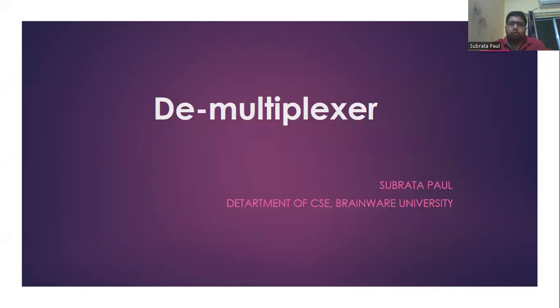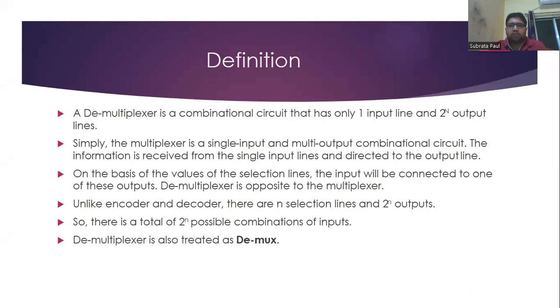Well, we have already seen the first type of combinational circuit, that is multiplexer. Today we will discuss the second type of combinational circuit, that is demultiplexer. A demultiplexer is a type of combinational circuit which will have only a single input line, whereas the number of output lines will vary as 2 to the power n. Depending on the value of n, we will have different output lines for a single input